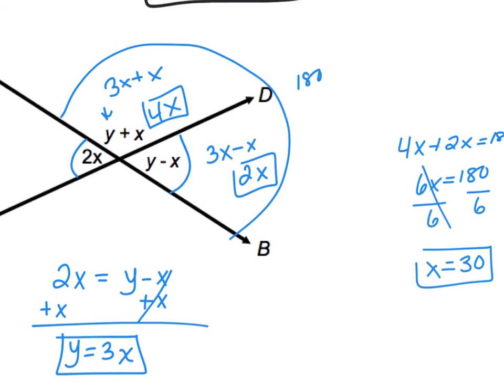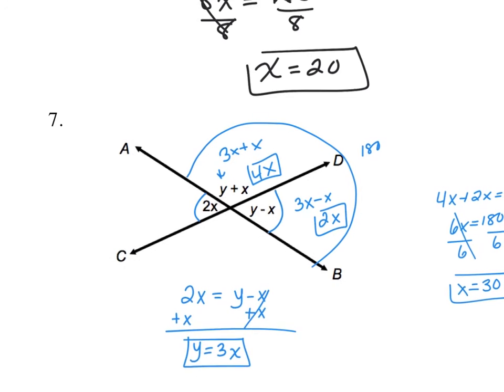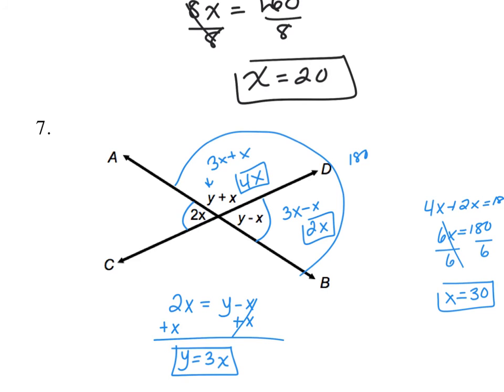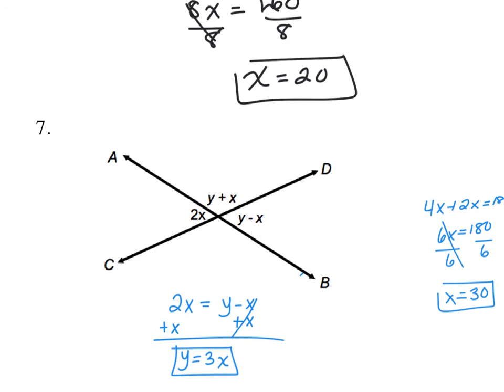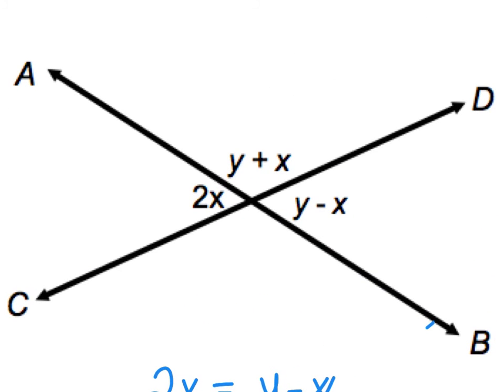Now I need to find y. Well, here's how I could approach it. I'm going to do a little erasing. I know that x is equal to 30. So I'm going to go back to my 30, zoom in, so 2 times 30 is 60. So this angle has to be 60 degrees, which means this angle is also 60 degrees because they're congruent,